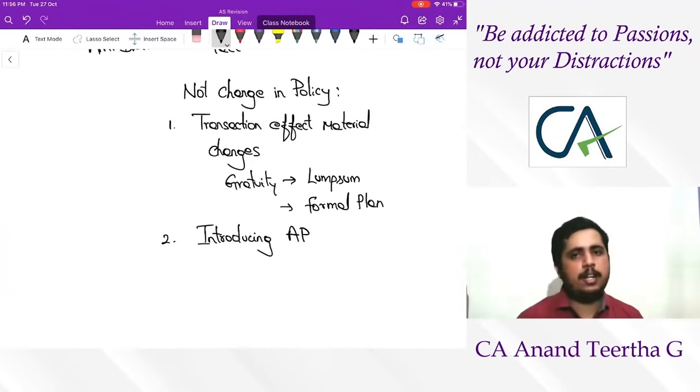You introduce it now. No change in accounting policy. Okay, so this is how you have to consider the change in accounting policy mindset. So this is the overall coverage of AS5. So how will an ordinary item come into effect? Ordinary item, normal day-to-day activity, no need for a disclosure.